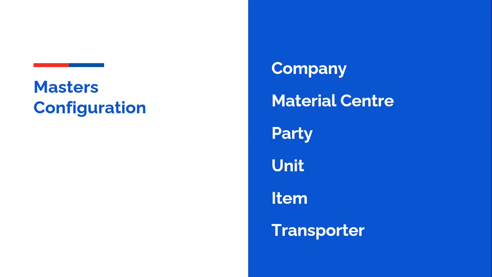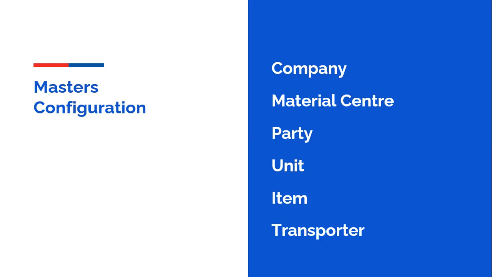Material center is needed if you have multiple branches or multiple godowns, or you want to dispatch from different godowns or branches. In such a scenario, you have to provide your material center address, pin code, state, and station also. In the case of a party, you have to maintain your party's GSTN number, station, and pin code. In the case of a unit, unit means whatever measurement you are defining in your item, like kg or